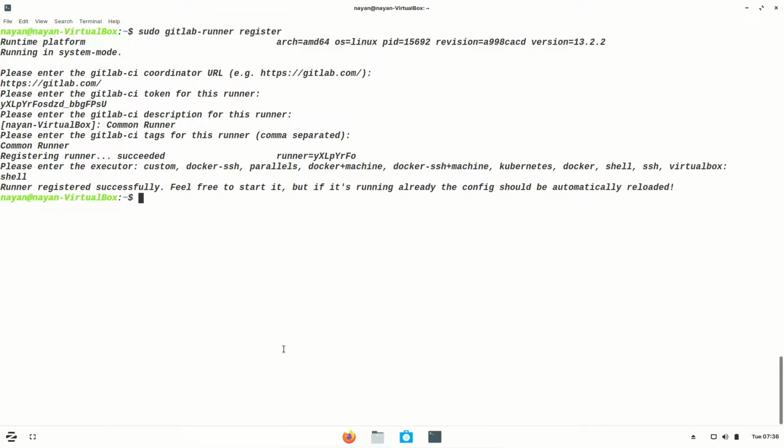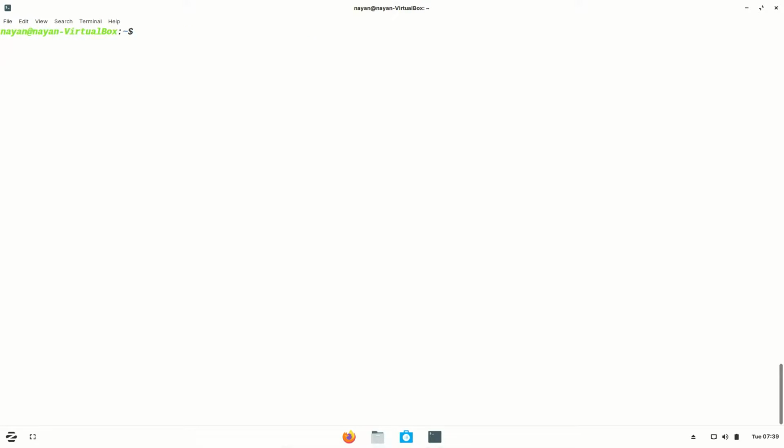One thing that I would like to mention is you can register as many runners as you want. Either you have a single runner which is used for all the projects, or you might have multiple runners used for individual projects.